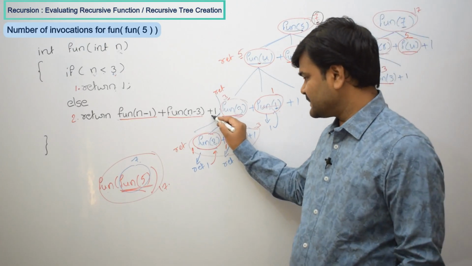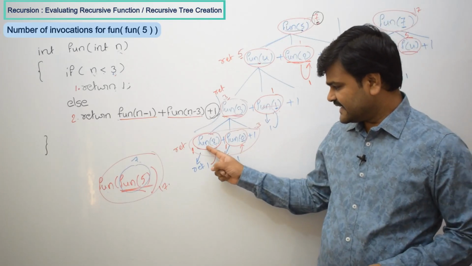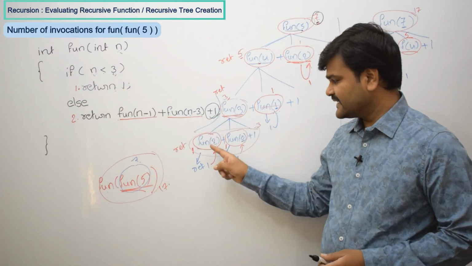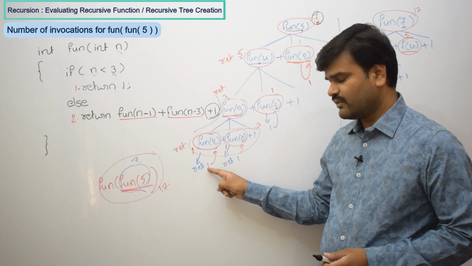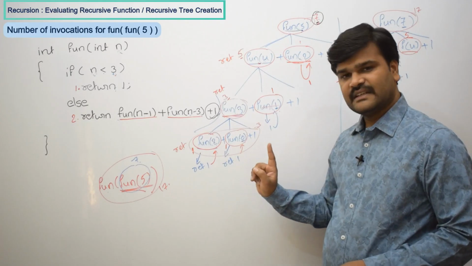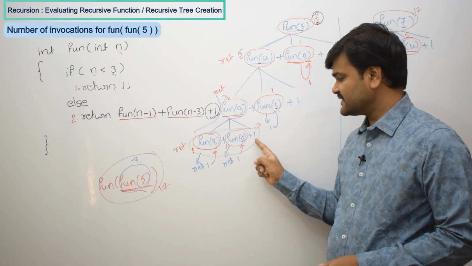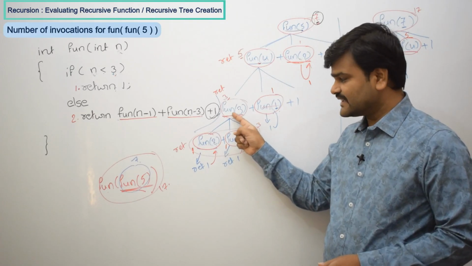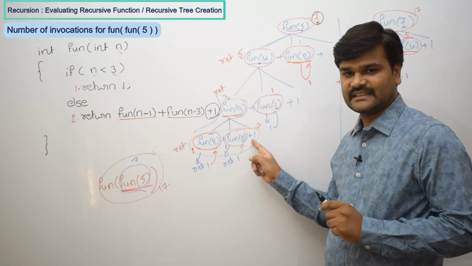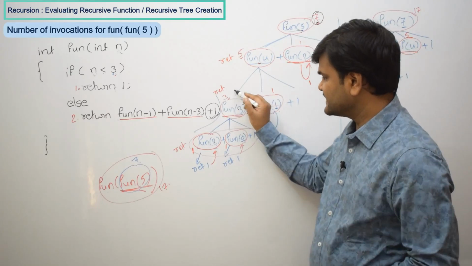If you observe, why is this plus 1 taken here? Let us come to here. This is one function call. Since the condition is false, you are returning 1 here. That means this one function call you are returning in the form of 1 here. This is one function call, this is another function call: 1 plus 1, 2. Now this plus 1, if you see the parent, this one, is also one function call. This function call you are adding at the child position. So that is why a total of 3 function calls have happened in this part.